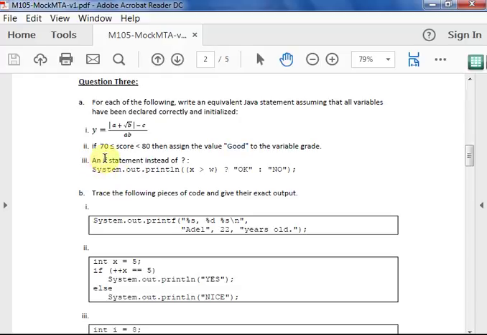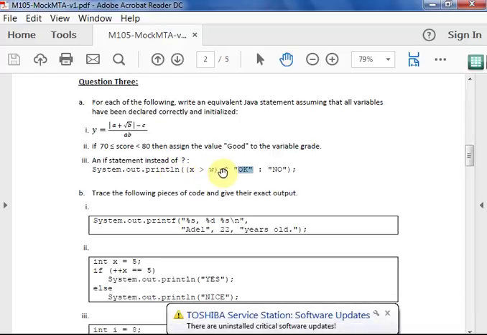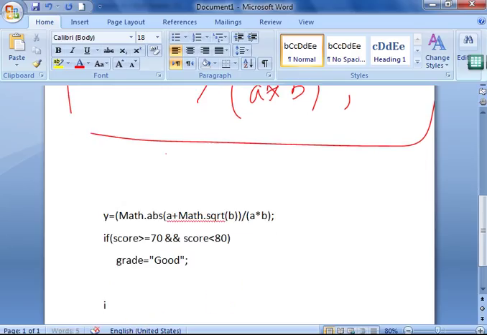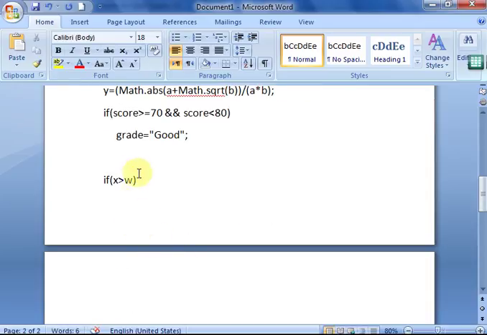Right. Now write an if statement for the given expression. This is a ternary operator or conditional operator. It says x greater than w. If it is x greater than w, then it will print OK by System.out.println. If it is not, then it will print no. So if x greater than w, print OK, else print no. So it will be written something like this. Again here, continue. If x greater than w, then System.out.println